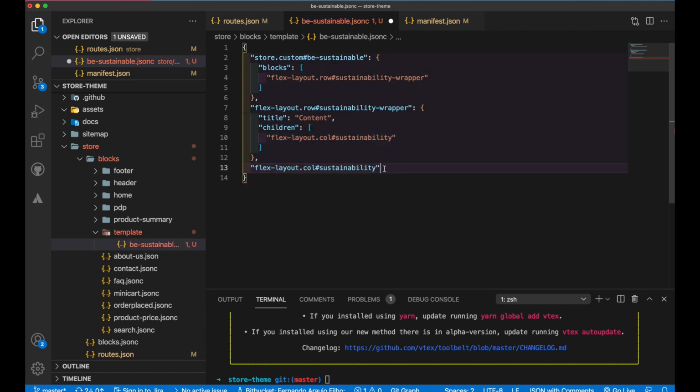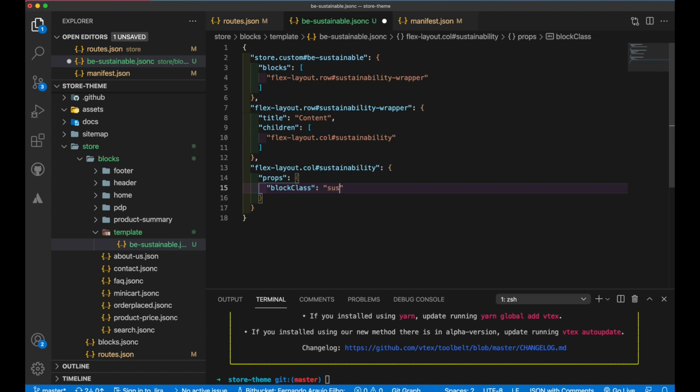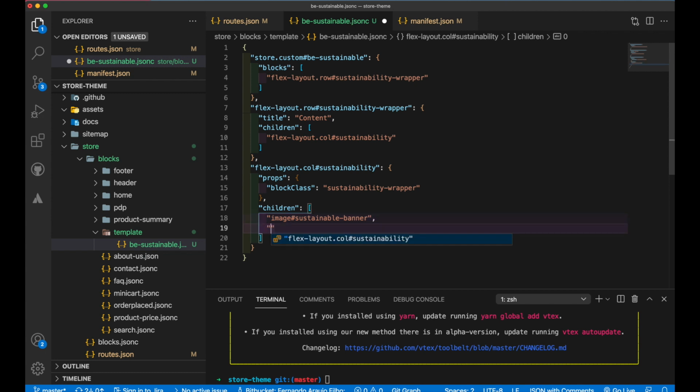Now we want to just create our row, and I will already give some props because I'm gonna use that for the styling. So here for this one, I'm gonna use the sustainability-wrapper, and then as children here, I will give two things. I will give an image. That's gonna be our banner, so sustainable-banner. And I will give also a flex-layout.column, where we actually are gonna put all our info cards. Sustainability. Here I'm gonna also use the wrapper for the cards,